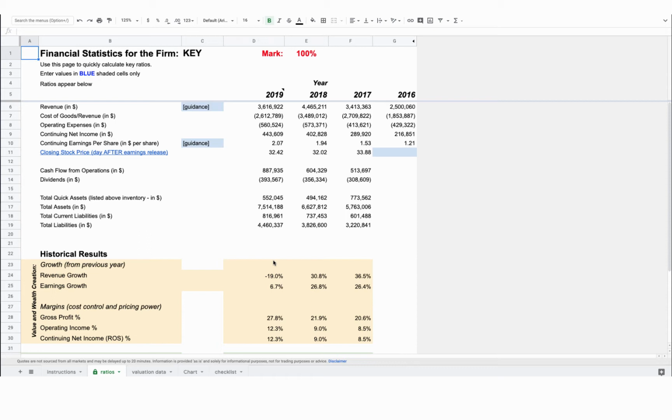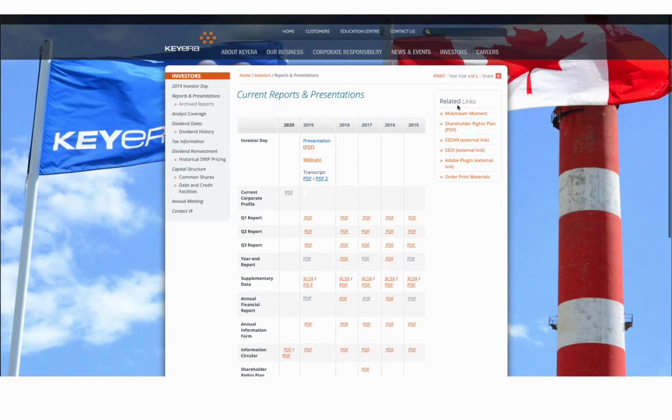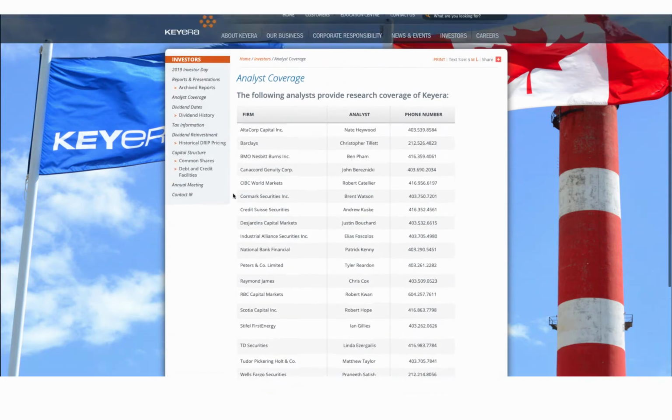So to get that, you can search a couple of sites. You can do a Google search. If you have your own investment account one day, all that information is provided. I provided it on our syllabus right here, right? The earnings projections compiled by TD Waterhouse from a whole bunch of different analysts. And if you want to know who they are, they're actually right on the company's website. Right here under the investor section, if you click analyst coverage, you'll actually see the 18 or 20 or so analysts and where they work. And there's even a contact phone number if you want to call and yell at them and ask them why did you give this company a sell rating, right? So a pretty wide coverage for this company.